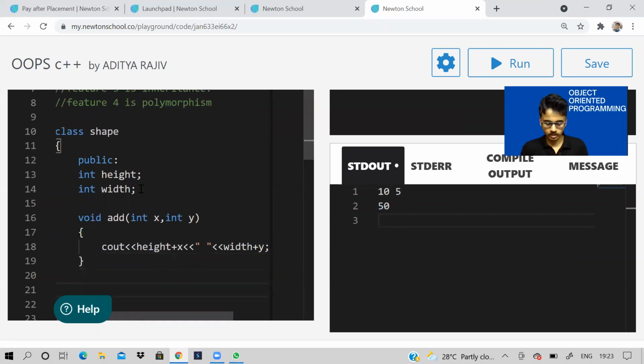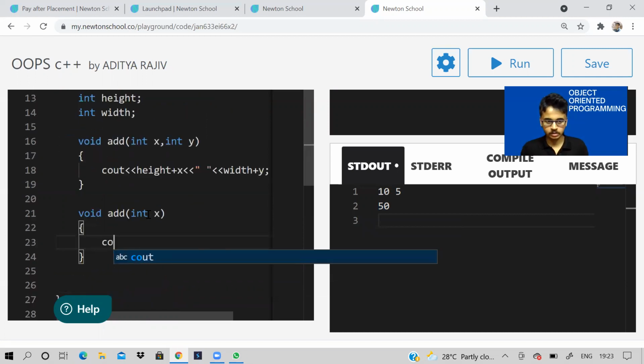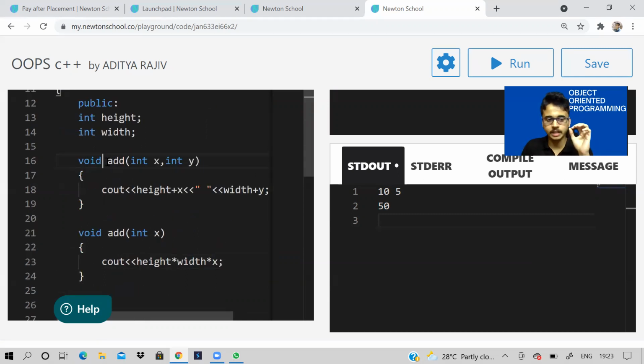In another function, I'll call it void only, add, and I'll take only one variable. And what I'll do is, to the area, I will multiply x.